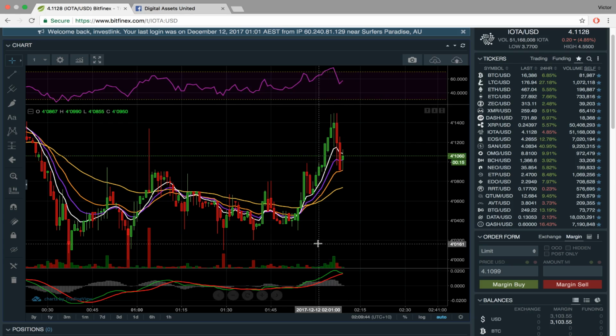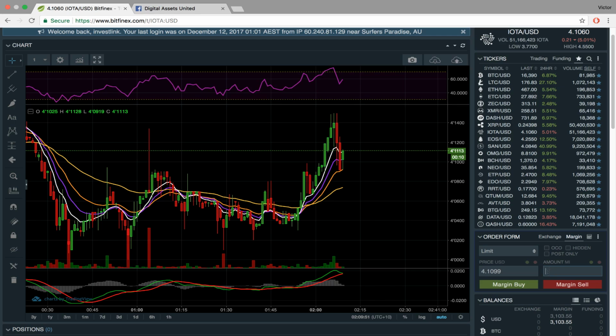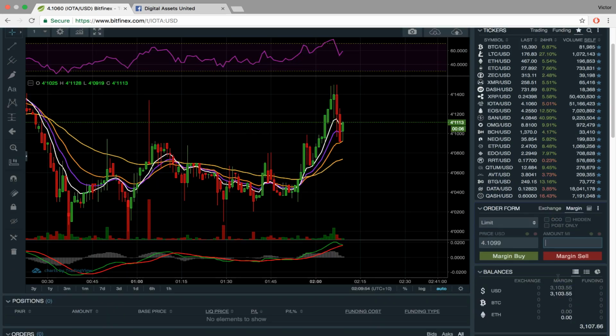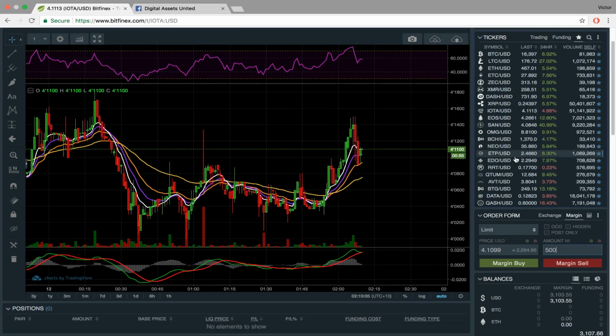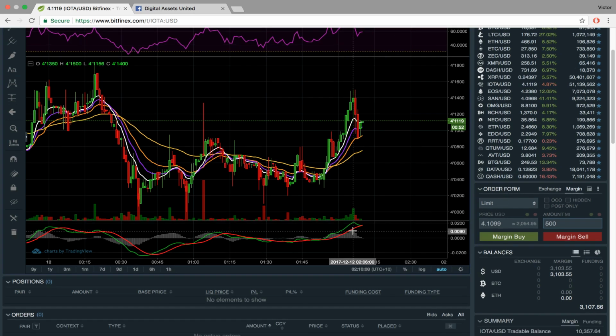Okay, hello. I'm going to quickly show you an example of shorting a position quickly in a scalp. So what I'm going to do is probably leverage out quite a fair bit. I'm going to get about 500 worth of IOTA, which is going to work out to be just over $2,000 worth. We have on the 1 minute chart the RSI quite overbought, and on MACD we've got a downtrend